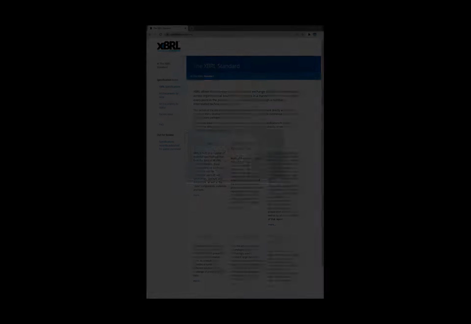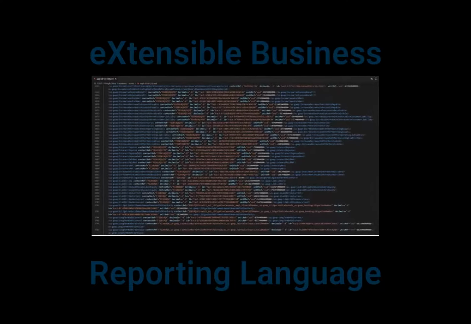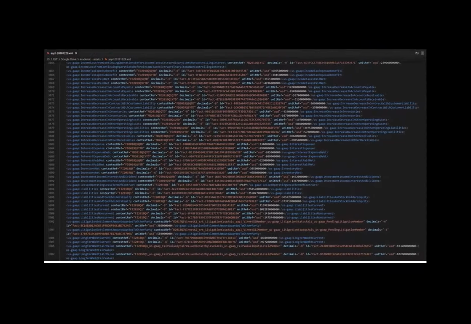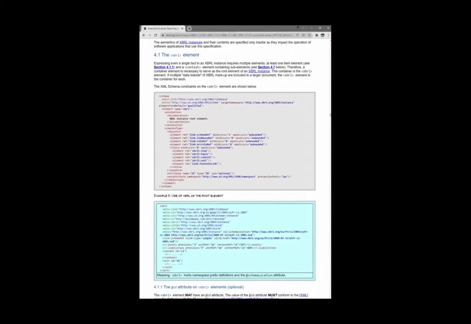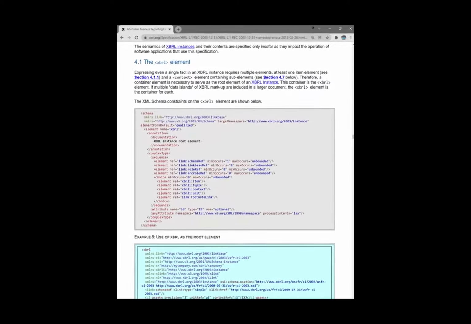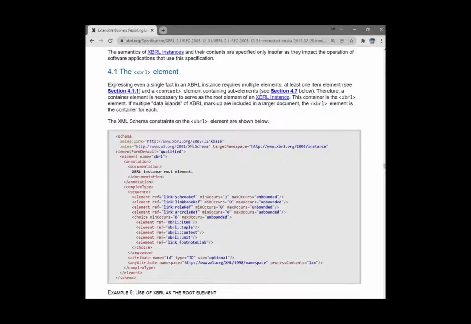XBRL, which stands for Extensible Business Reporting Language, is like XML in many ways. XBRL includes enhancements for accounting that supports context like periods and units, and data relationships more complex than simple parent-child hierarchies. The global XBRL standard is to digital business reporting what the International Plumbing Code is to plumbers. It provides a freely available, industry-developed and agreed-upon prescriptive foundation that ensures unambiguous, effective, and efficient flow of information.